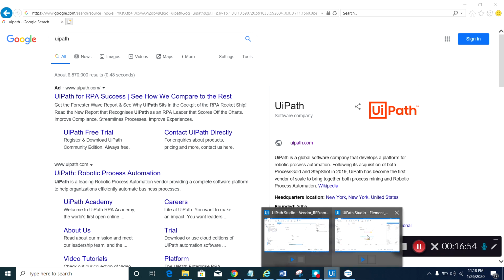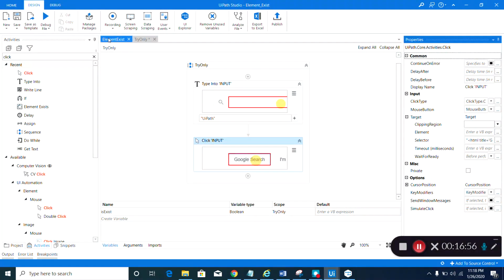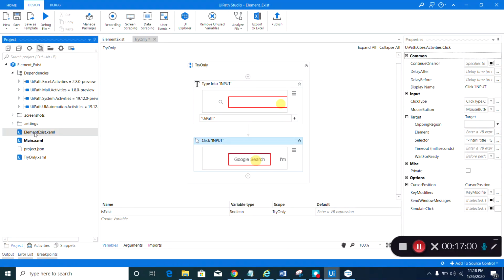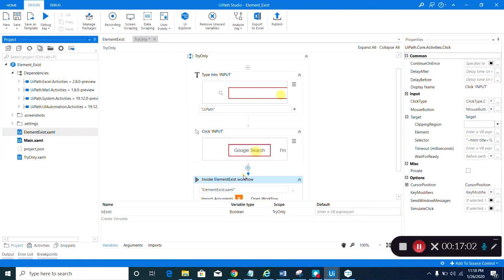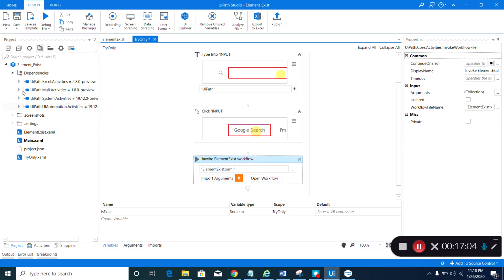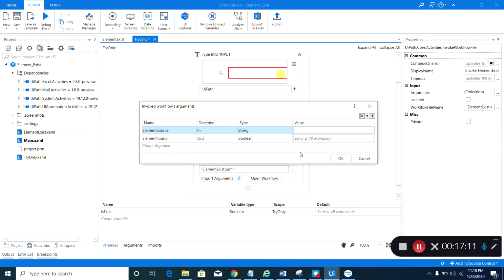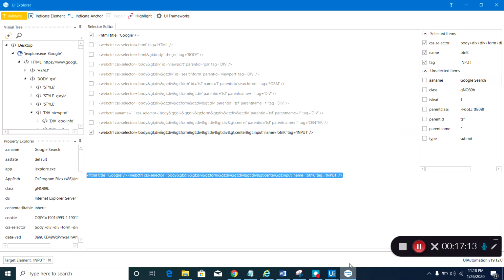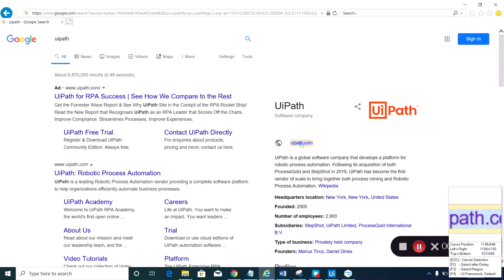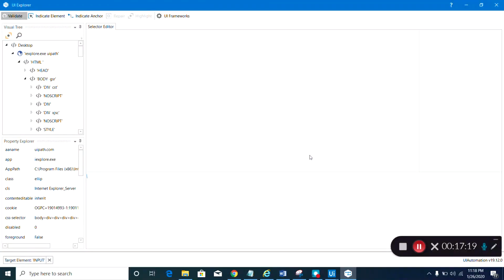So we need to call our select our sequence. So go into your project and then invoke this sequence. You can just drag that, or you can use the invoke activity. And here in the import arguments, you need to provide the source. So again, we need to use this UI3 and click indicate element and indicate this link,